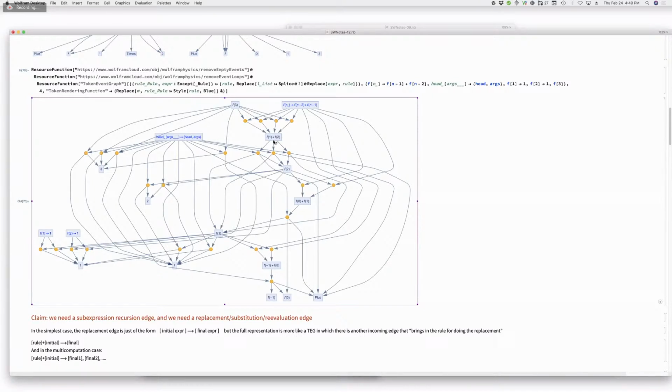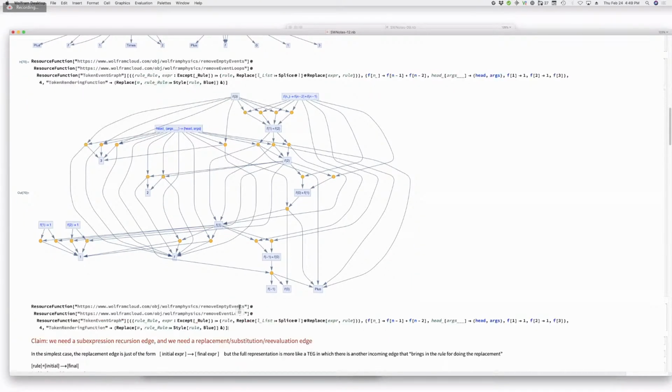Can you add this additional option? It will make things a little bit easier. Also notice you can miss the base cases, depending on how you do the rewrite. Where do I put that option? For the token event graph. Something is wrong with multi-clicking. I'm going crazy here. I rely on multi-clicking.